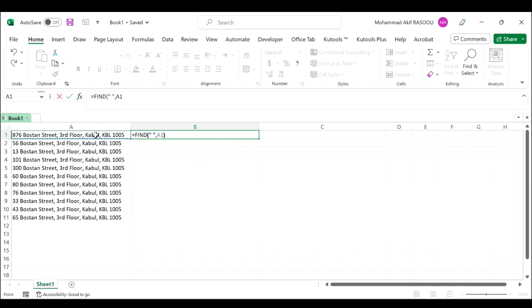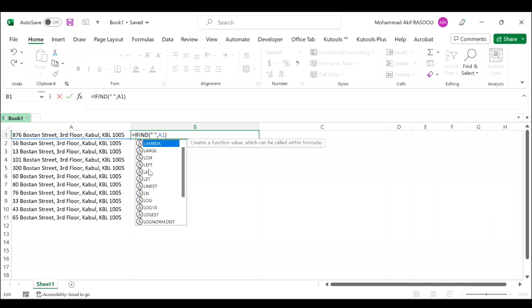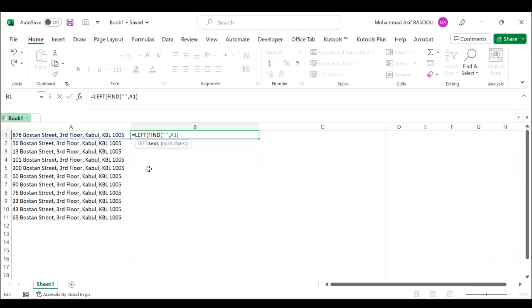A1, close the bracket. Next, type the LEFT function. It returns the specified number of characters from the start of a text string. Press Tab. For the text, select cell A1, comma, for the number of characters, proceed with your FIND formula. At the end, type -1, close the bracket,